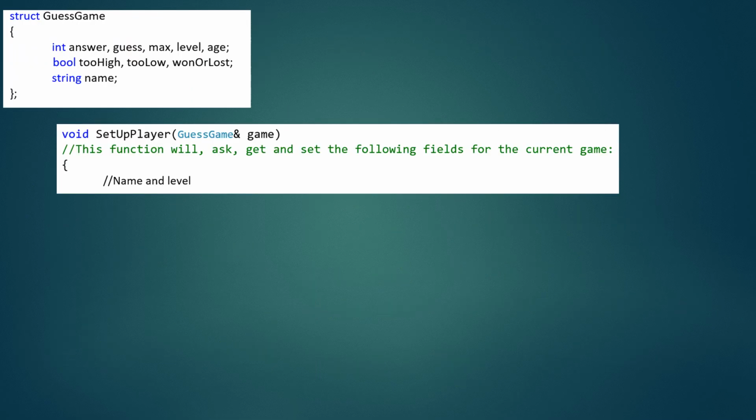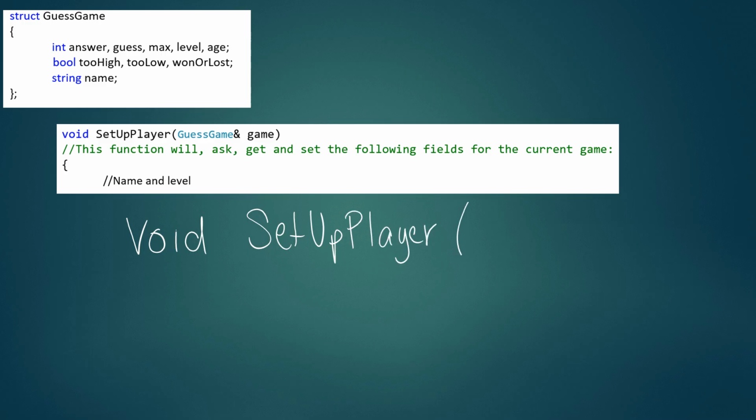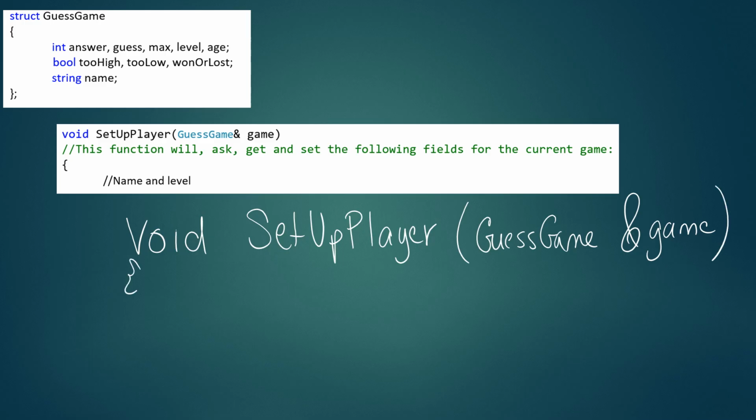All right, next question. This is a question that's going to take by reference a guess game. So the function takes a by reference guess game and has a void return type. You're going to set up a player. I didn't want you to have to write too much, so I only made you set up part of a player. It takes by reference an object of type game. It's still a struct, but it's an instance. So you're going to ask them to enter